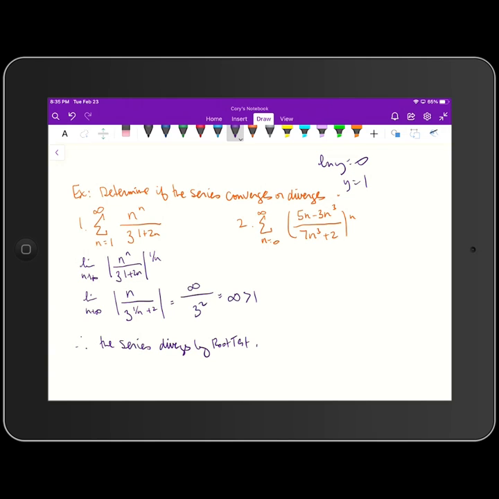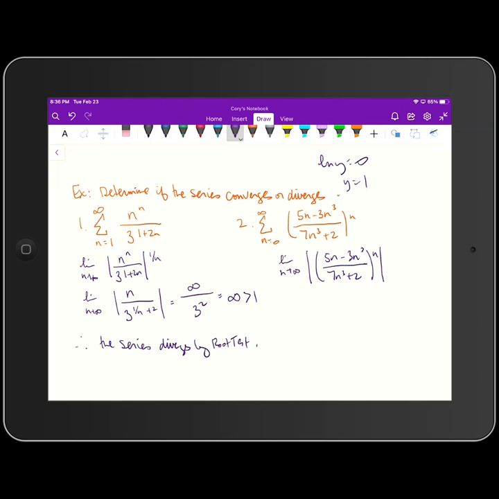All right, when we look at number 2, we have the sum from 0 to infinity of the quantity 5n minus 3n cubed divided by 7n cubed plus 2, and we're raising that entire fraction to the n power. You should be able to look at that and tell that the root test is definitely going to be a good one to use here, because when I take the limit as n goes to infinity of the absolute value of a sub n, which is 5n minus 3n cubed over 7n cubed plus 2 raised to the n power,